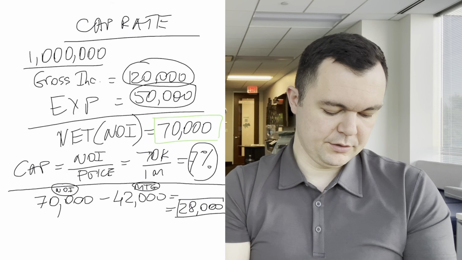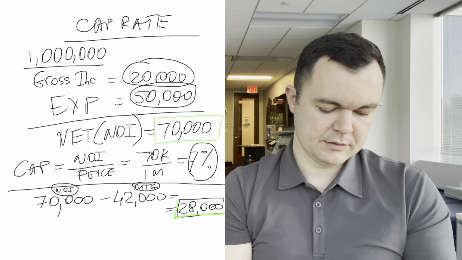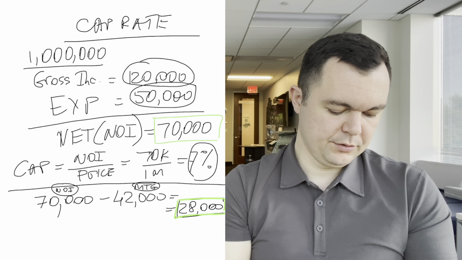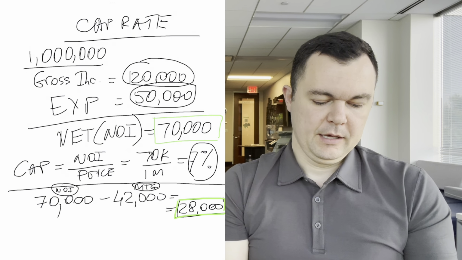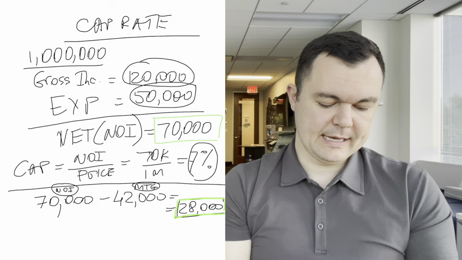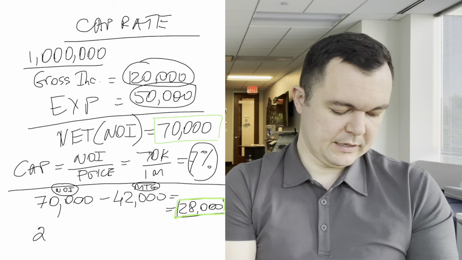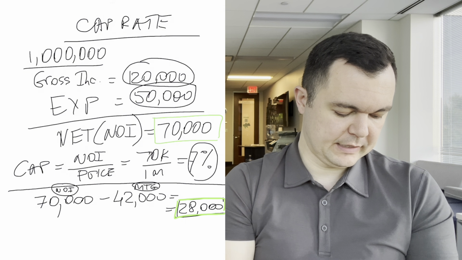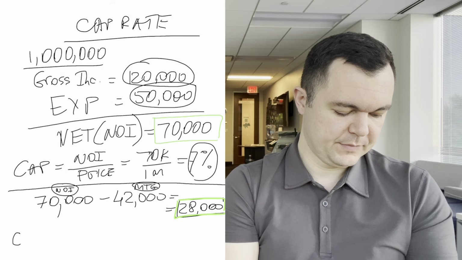So this is your new number, 28,000. Remember, 70,000 we divided by the price. Now, with 28,000, to get the cash on cash return,